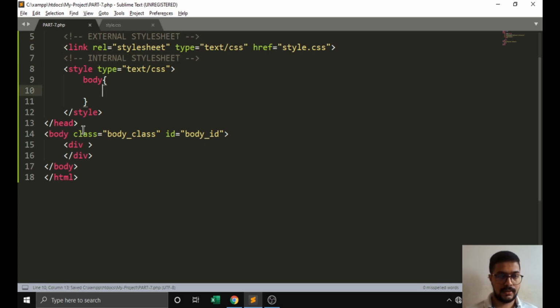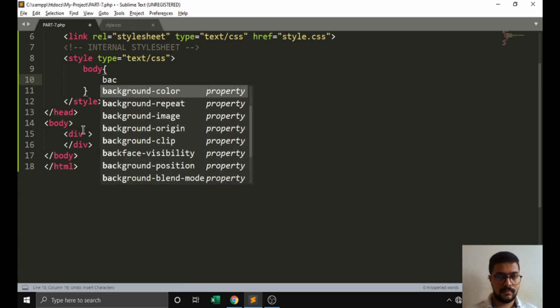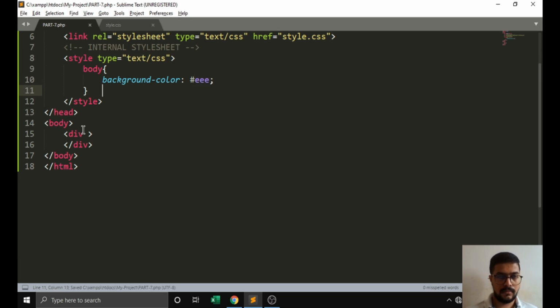We will paste a simple style sheet code here. First main thing, we have to pass html and body.